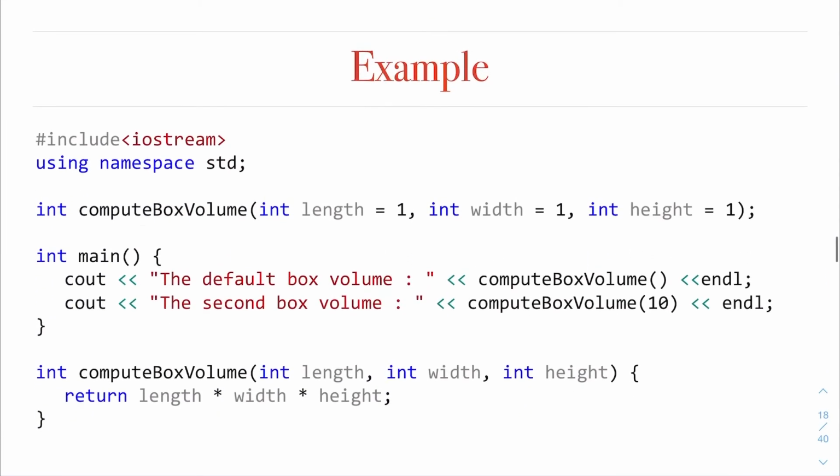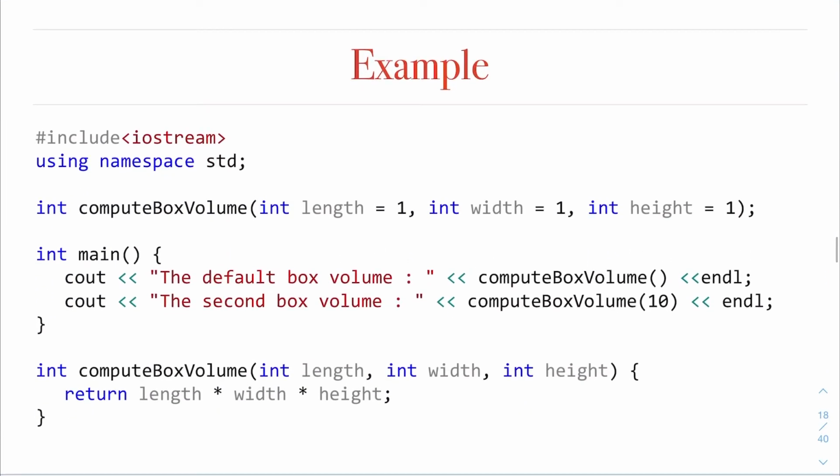This is another example. You see here that I have 3 parameters: length, width, and height inside the function. All of them have a default value of 1. So when I call this one without parameters, then length will be 1, width will be 1, height will be 1.